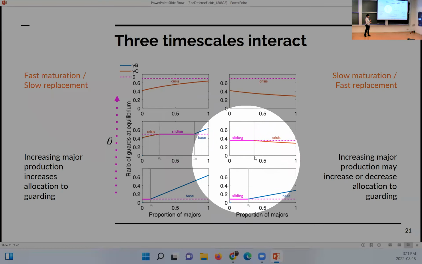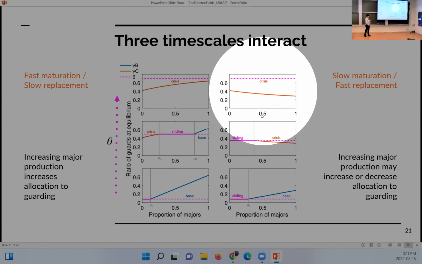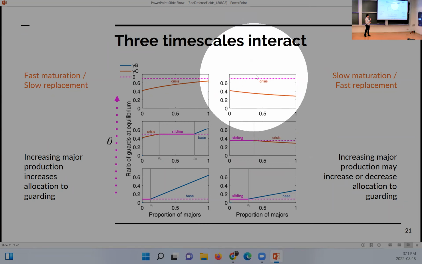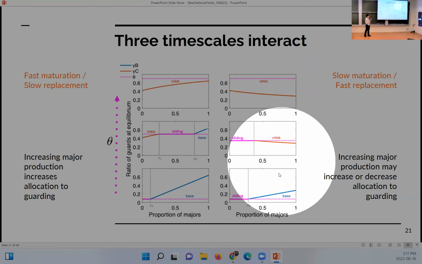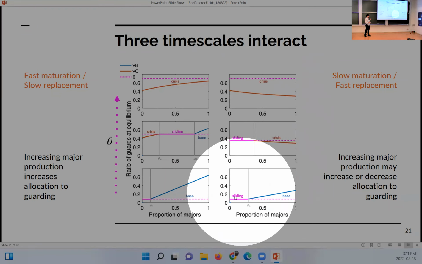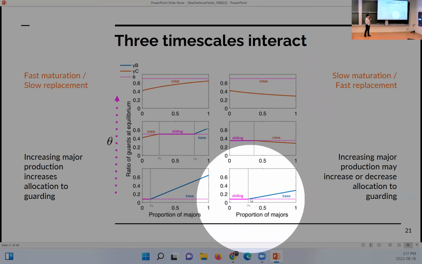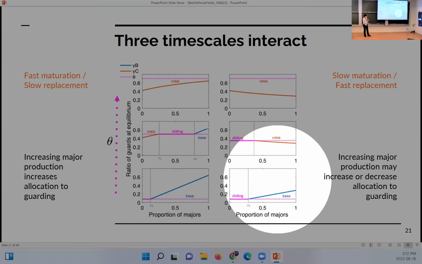What we actually see in real colonies is more something like this side. So if the demand for guards was unreasonably high, then I would just have replacements. I would need replacement no matter how many majors I produce. But if I just need a little bit of guards, then it will be more likely something like this, where I need to produce just a little bit of majors, and that will be enough. And that's actually what we see. Actual colonies produce between like 5 and 6% of majors. So that's more of this case here.